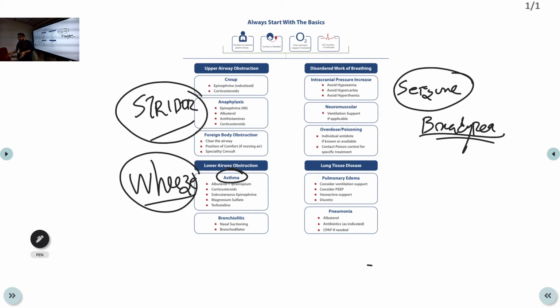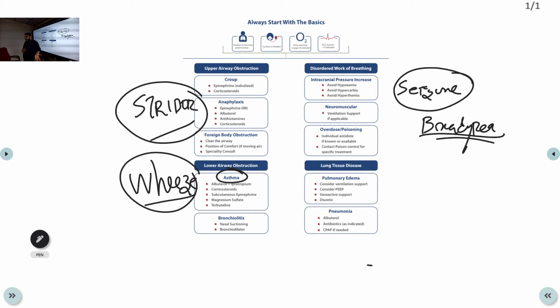So that is disordered breathing. The patient is not breathing properly. Usually they will have bradypnea, and there are different types of breathing. You have heard of Cheyne-Stokes breathing, and you have Biot's breathing. There are different breathing patterns. Remember that if there is a breathing pattern that is not normal, you can call it a